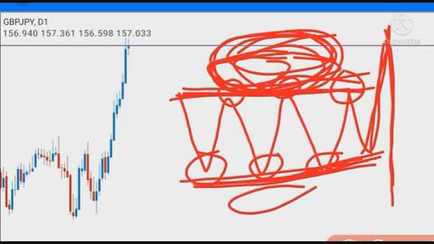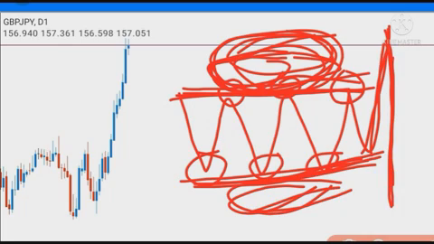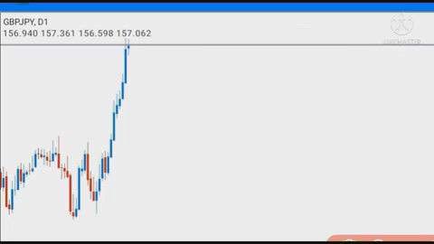And then here at support, traders believe that price will go up, and they buy. And so where do you think their stop losses will be? Below here, because they are buying. Their stop losses will be below here. And then market makers drop price down to capture all those stop losses before they continue the move down. That is a simple explanation of liquidity. You need to really take note of what I have said.